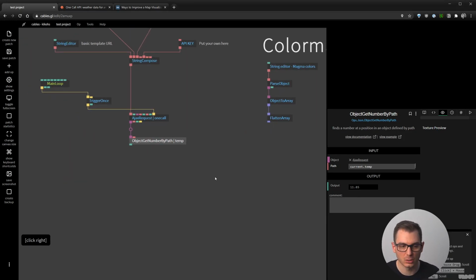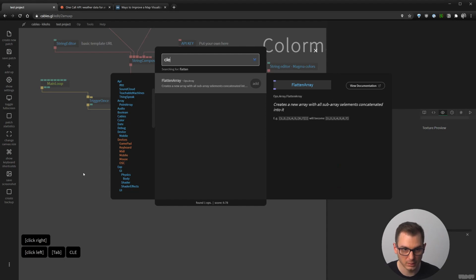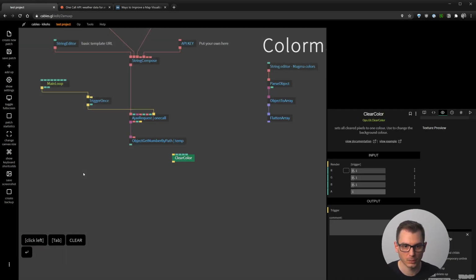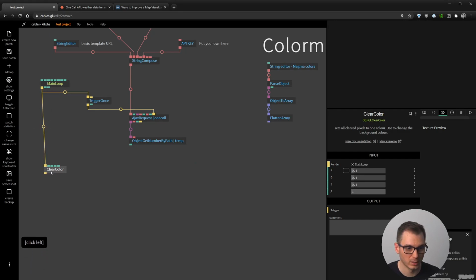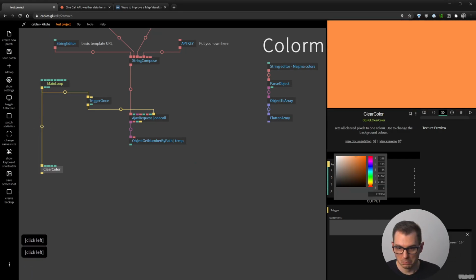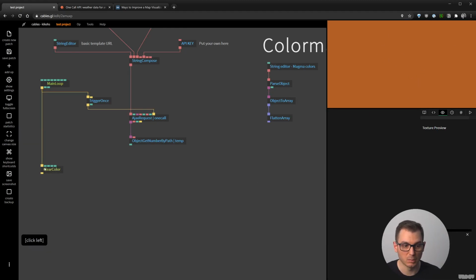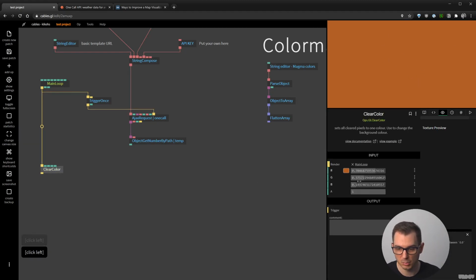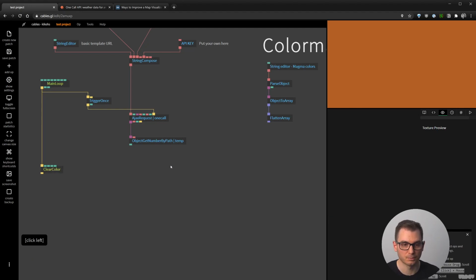To change the color of the background, remember that we need to put the clear color node. So let me put this here, connect it. I can play around with the colors, but this has been defined by me randomly. These numbers now need to come from the color map and the value that we have here. So we need to involve this particular part of the patch and this one as well to change the value